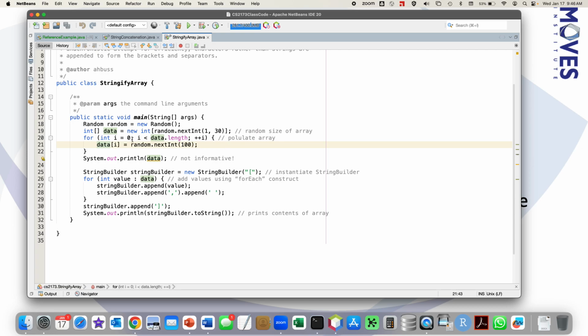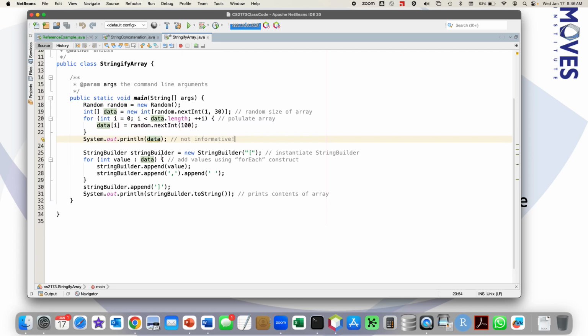And now I'm going to assign for each, now at this point, the contents of data are the default value of its type, namely 0 in this case. So at this point, this will have a bunch of zeros in it. So I want to give it something else. So here I'm going to give it just random numbers between 0 and 99. And then, okay, I print that out.